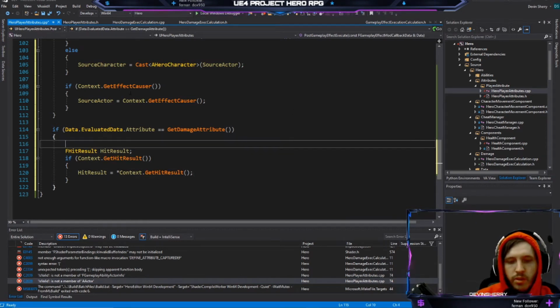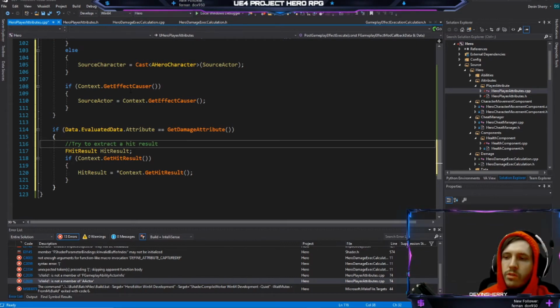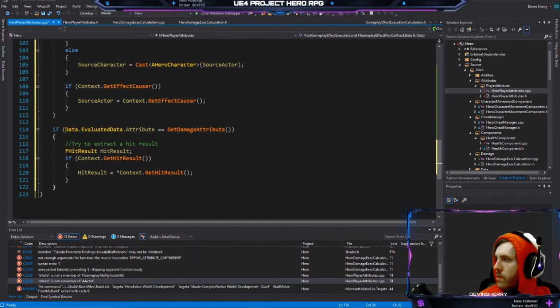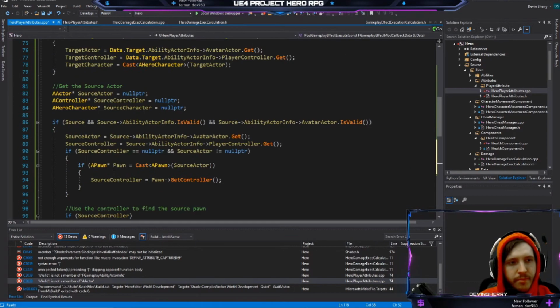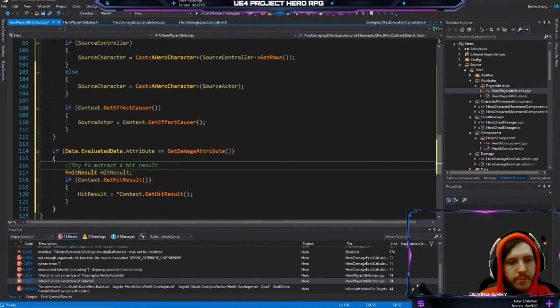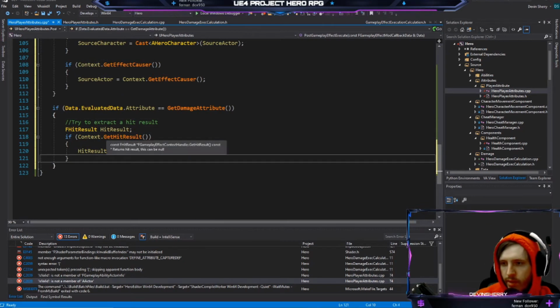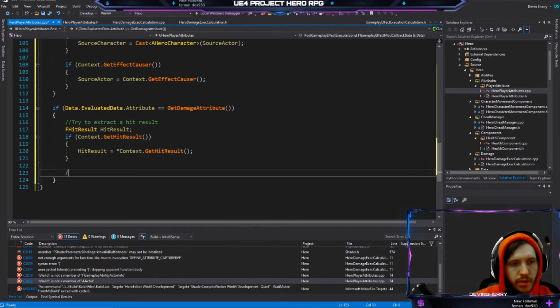Okay, let's just do the same comments as well. Try to extract a hit result. I don't think I'll need to use this hit result because he uses it for hit reactions. Maybe I'll want to do that later, but I don't know yet. We'll find out. So that's the hit result. Now, he says,